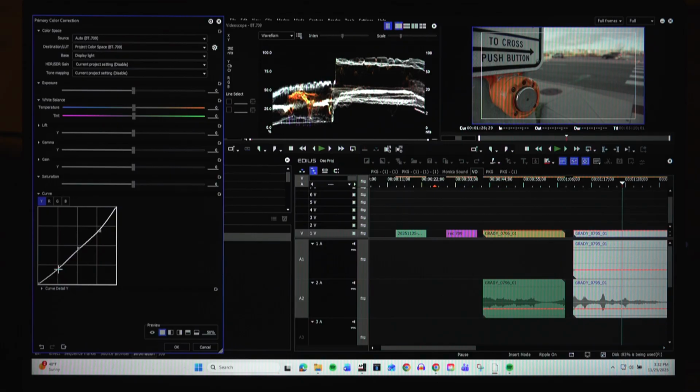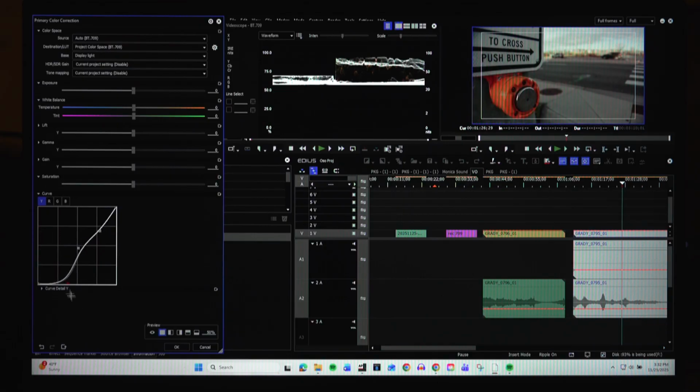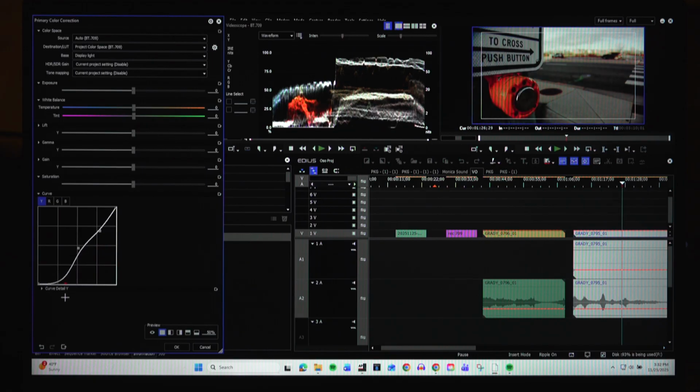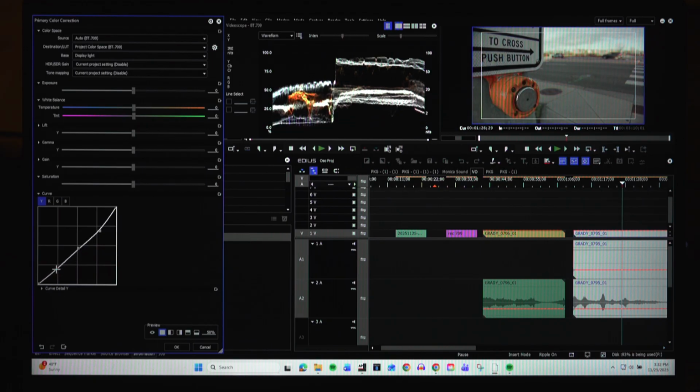And then same inverse down here. If you bring this one all the way up or all the way down, you can see, okay, that's the part of the image that this one's affecting. So just Control Z that real quick. Even that out just a skosh. Maybe bring this one